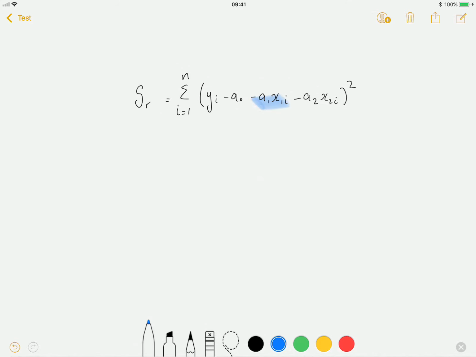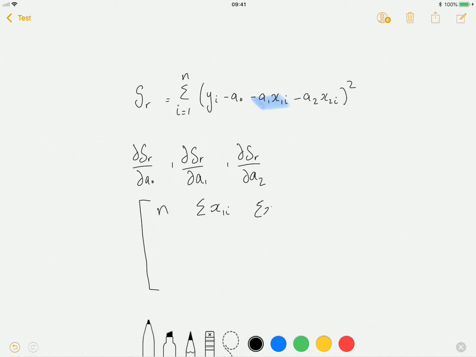Okay, so just like before, if we find the derivative with respect to each one of these coefficients, that is the partial derivative of SR with respect to a0, a1, and a2, we can come up with the following matrix or set of equations. That is n, sum x1i, sum x2i, sum x1i,